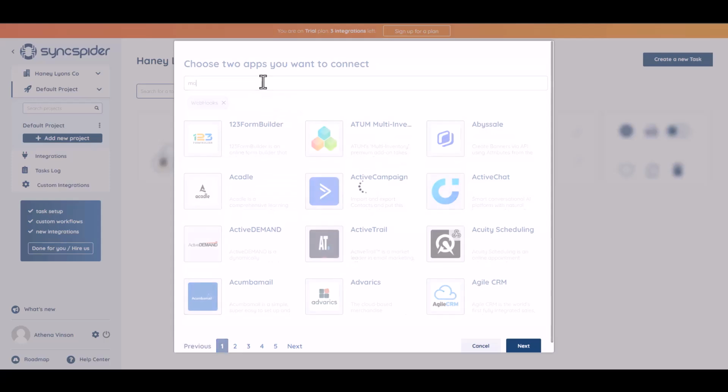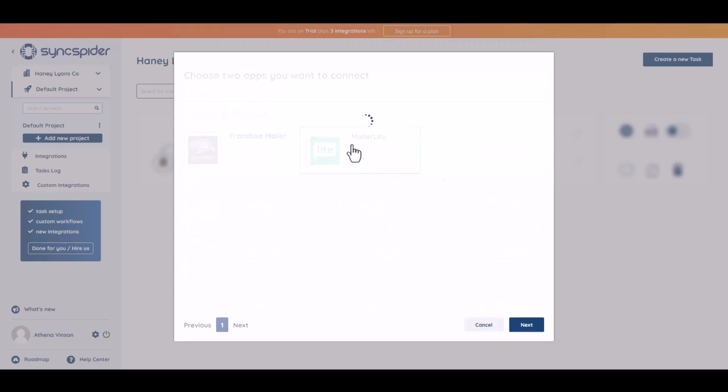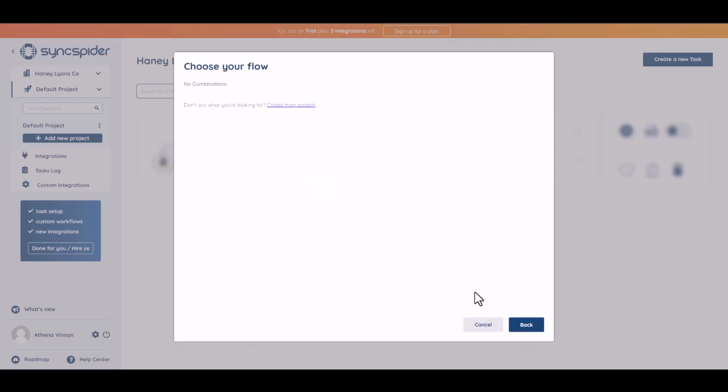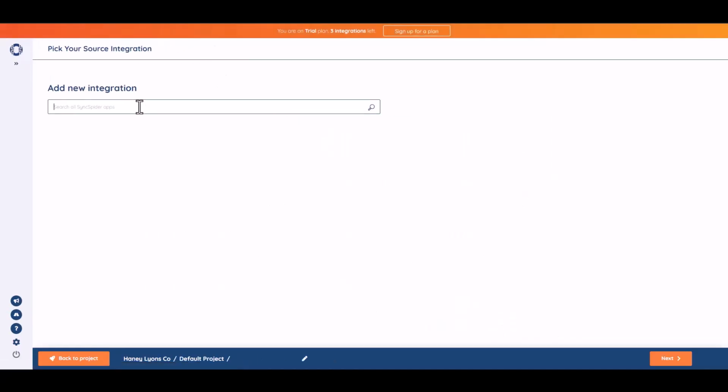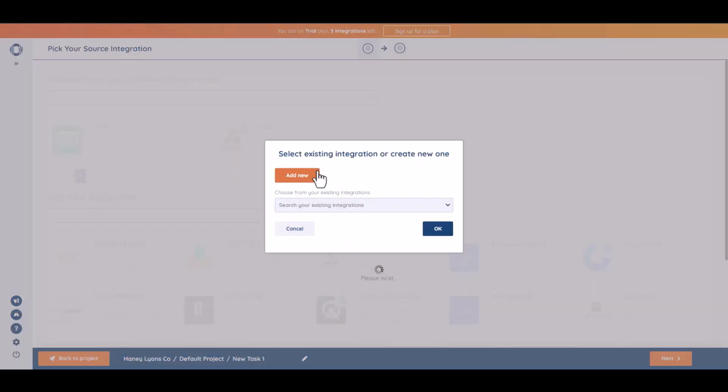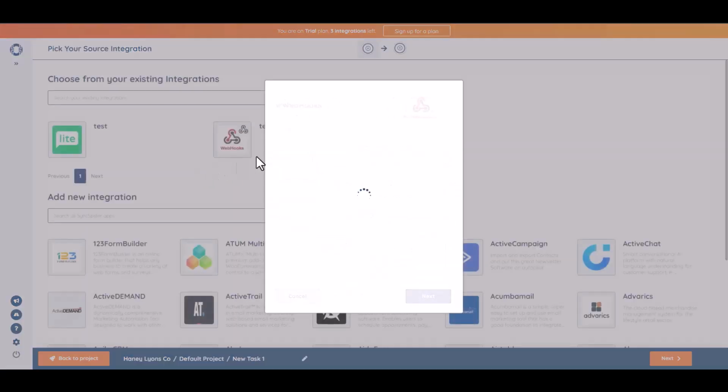Then choose another app to send the data. Next, create form scratch. Add new. Give here a meaningful name. Next,